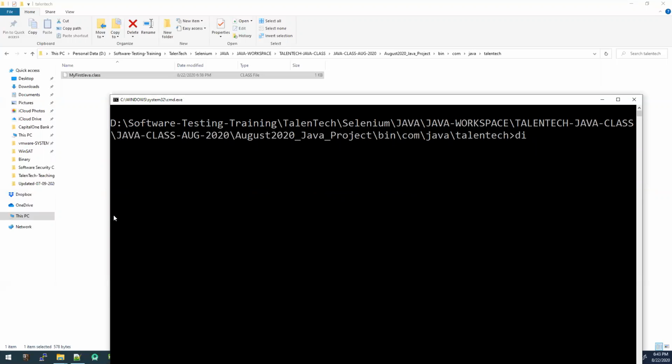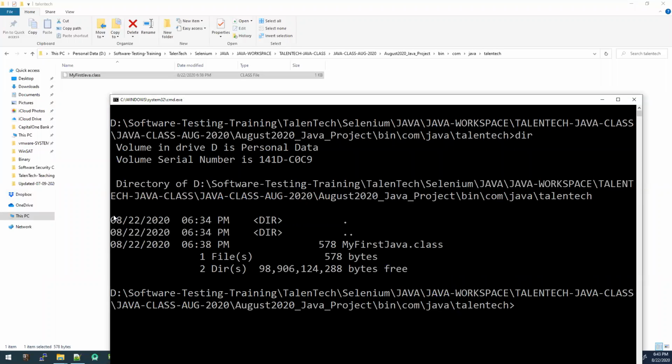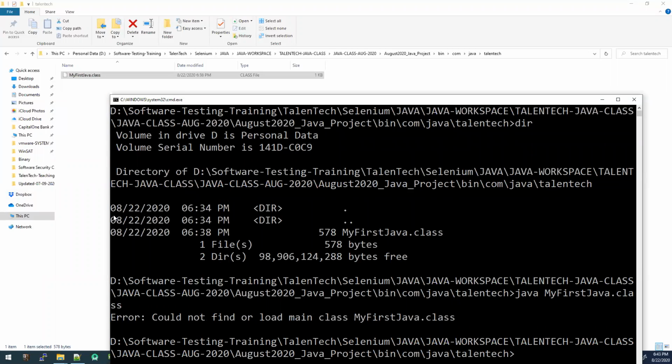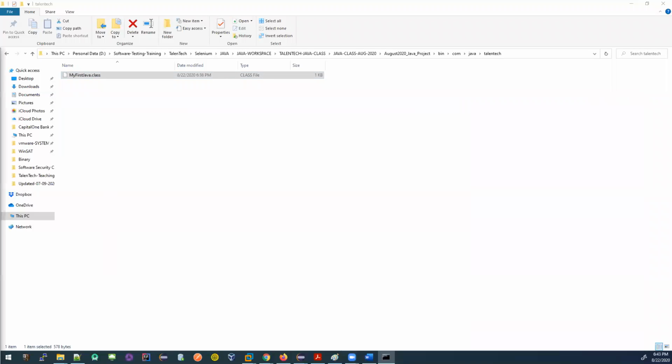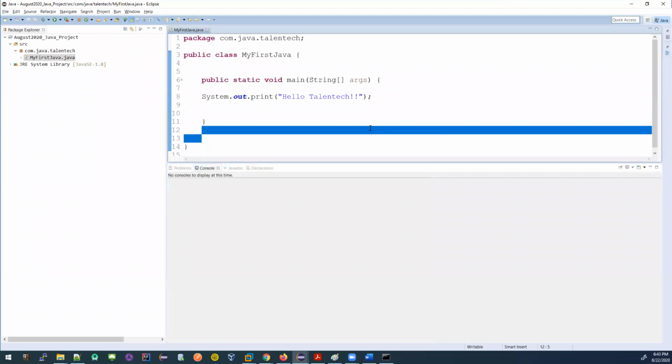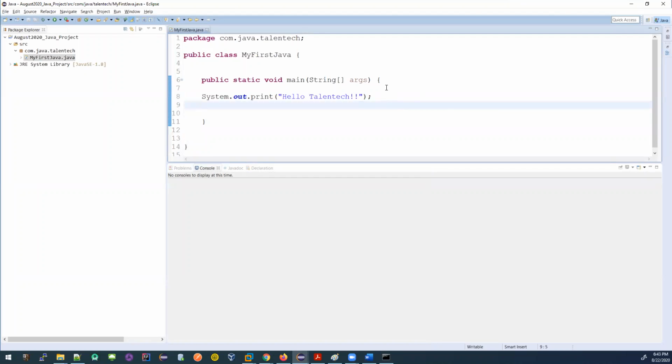Now I have this my Java. Let me see if I can execute from here. Okay, could not find or load main class my first Java class. Maybe, let me see. I'm not able to run it from here. Anyway, the class will actually be created.